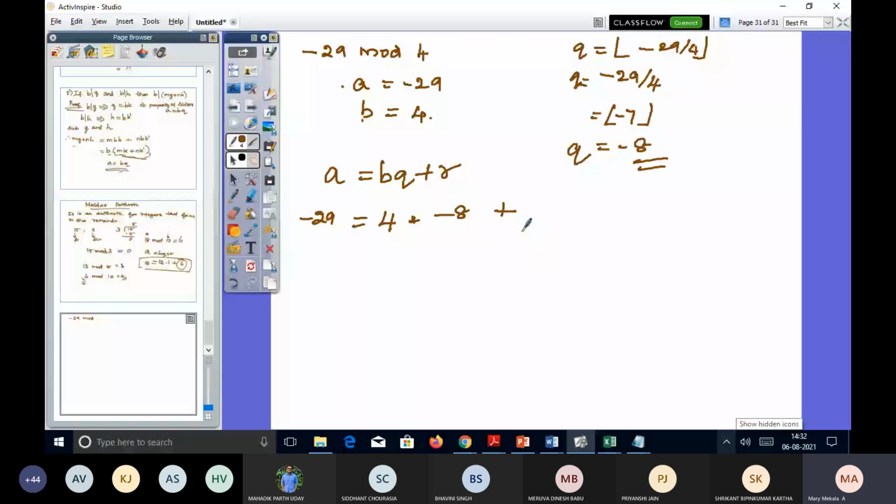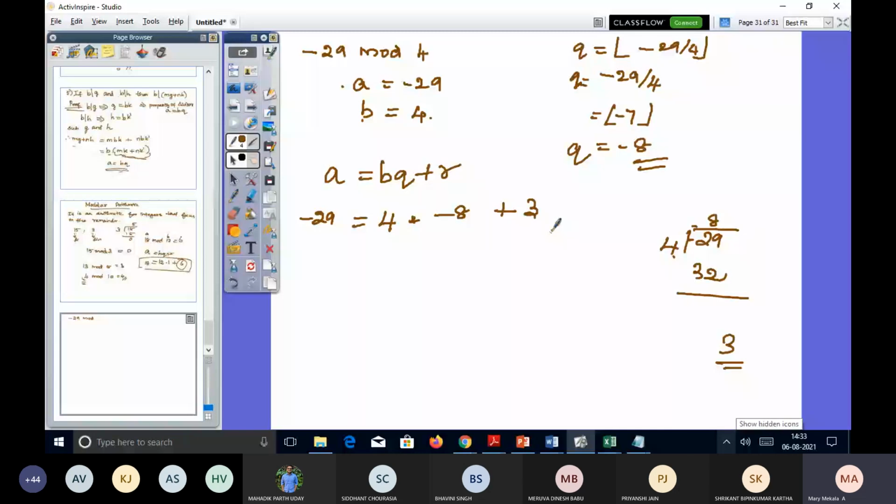So when you are finding the remainder, it is like 29 by 4, isn't it? 29 by 4. So what is the quotient? We have got it over here, so that is 8, isn't it? So 8 times 4 is 32, and here you have the minus signs. So when you find the difference, you will get the remainder as 3. So that 3 you have to give over here, right? So that is the remainder.